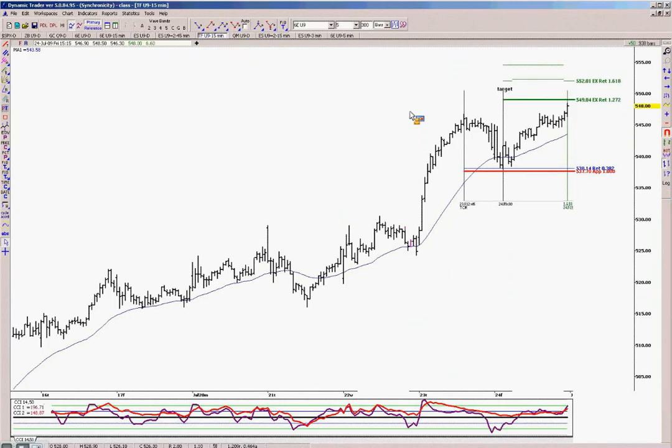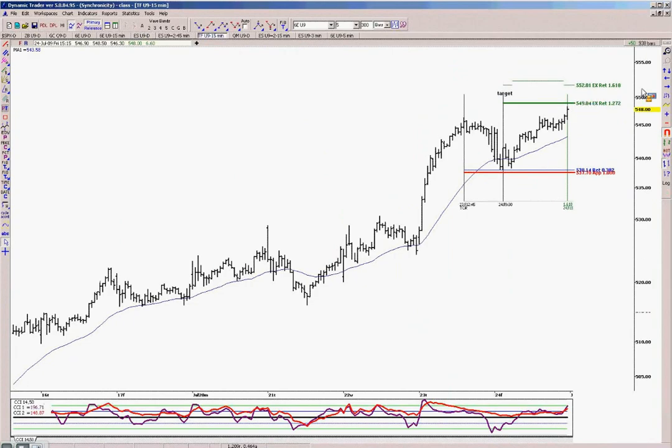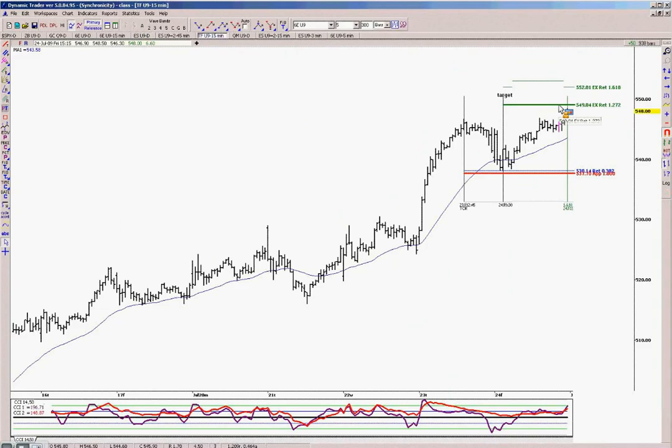Now here's another interesting chart we want to watch. This is the Russell, and it's a 15-minute chart, and the general pattern is higher highs and higher lows, uptrending. But we want to watch for a possible termination of the move, either around the 1272 extension, the 549 area, or the 552 area, because many moves tend to terminate at extensions. But does that mean you just go ahead and short it at 549? No. You go to a tick chart if one of these areas holds, and you wait for it to break down and show you the reversal on the lower time frame.